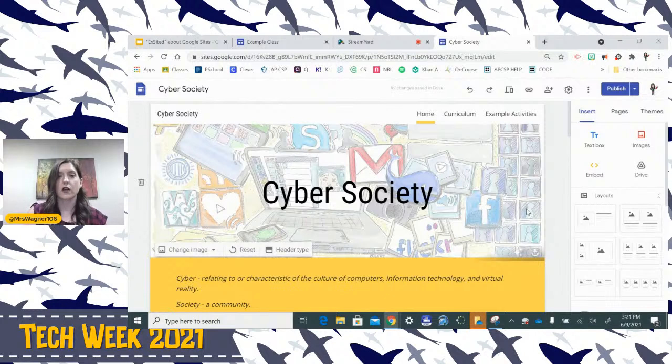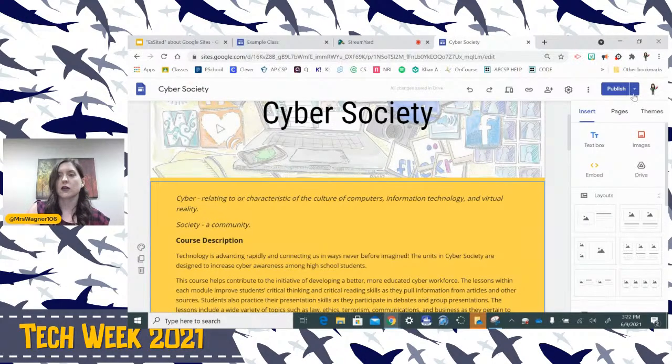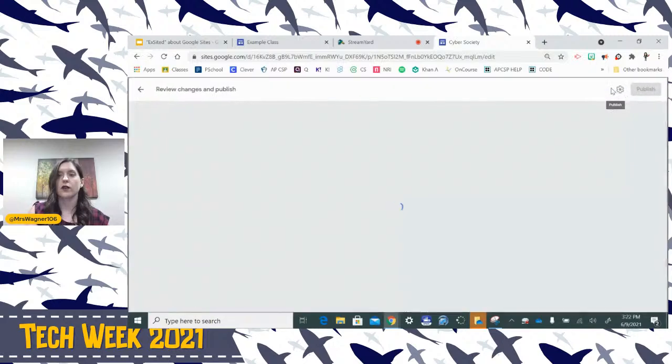Then you can share all of these activities and resources with the parents by providing them with the link. And as you publish your Google site and you add the updates, so let's say for this one, this is a published website. In order to show you how to publish it, I have to make a change, but all I have to do is make it look like I made a change. So if I go here to publish,